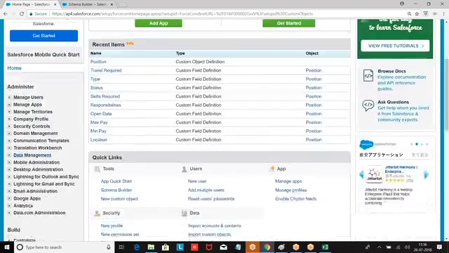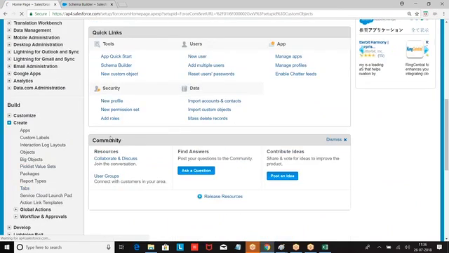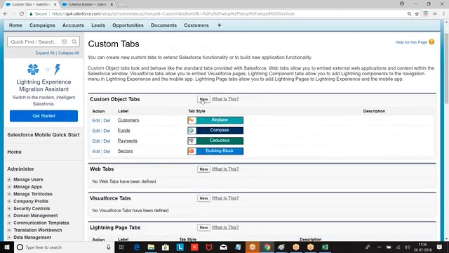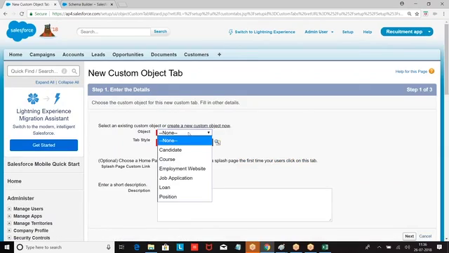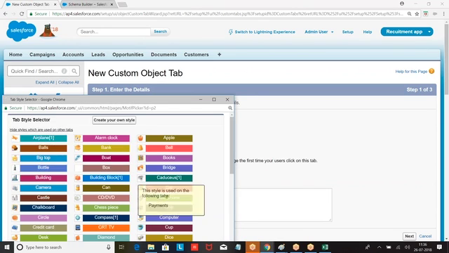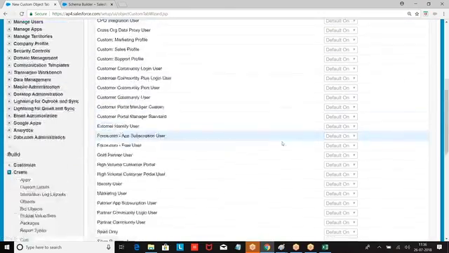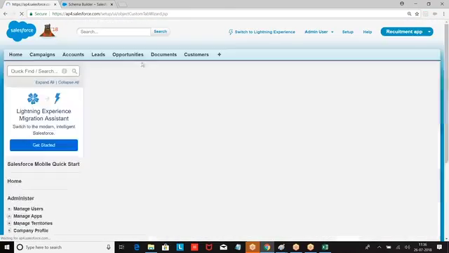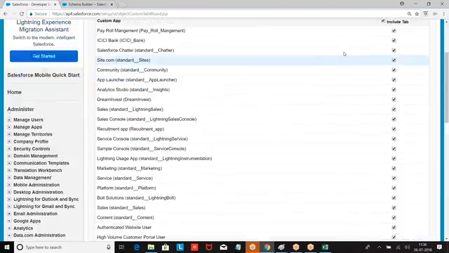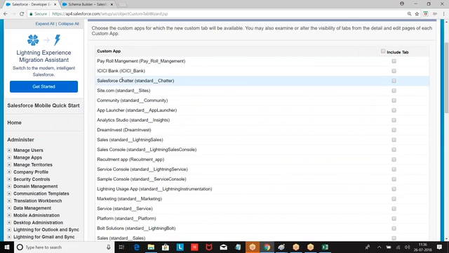Recruiting app. Tab. Then I'm creating a new tab. Position. And simply give next. Do you want to show the tab in every application? No. Only the recruitment tab.